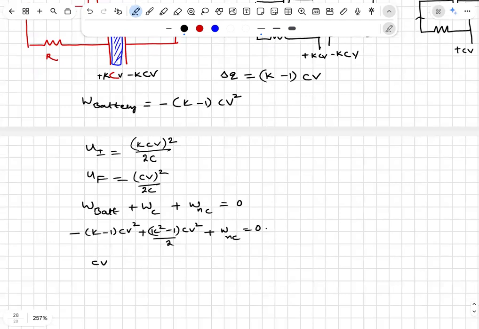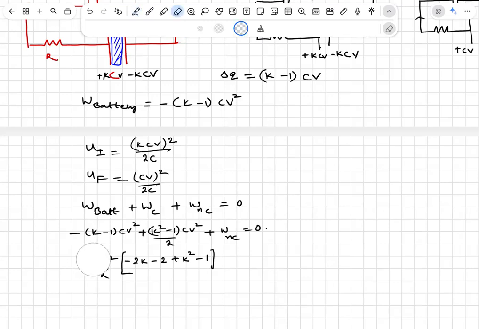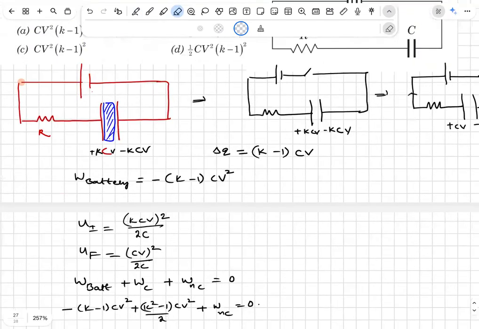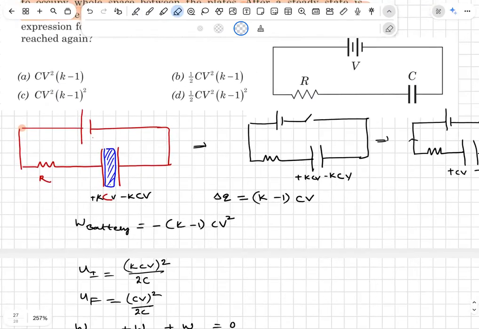Boys and girls, take CV square as common, or CV square by 2 as common. Minus 2K minus 2 plus K square minus 1. If I am not mistaken, this is the picture. Right. Now write this properly. This one gives you heat. Okay. So by doing this, you will get the best option, which is CV square (K minus 1)